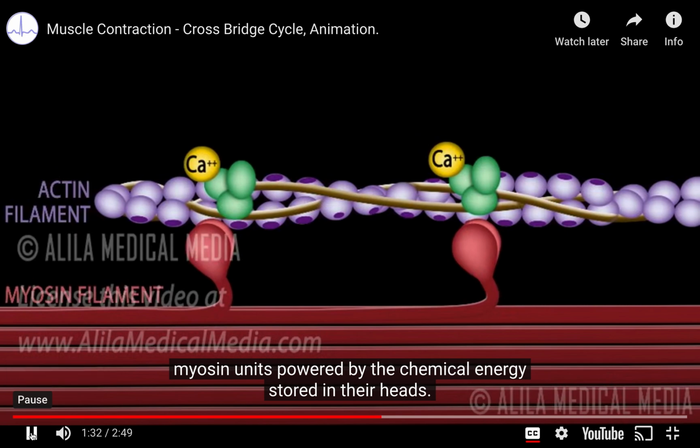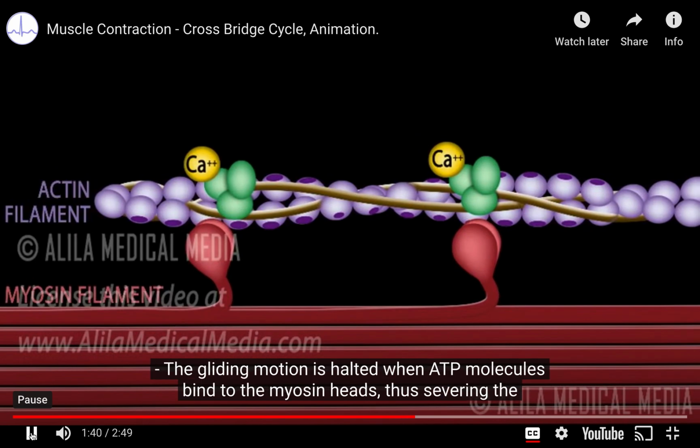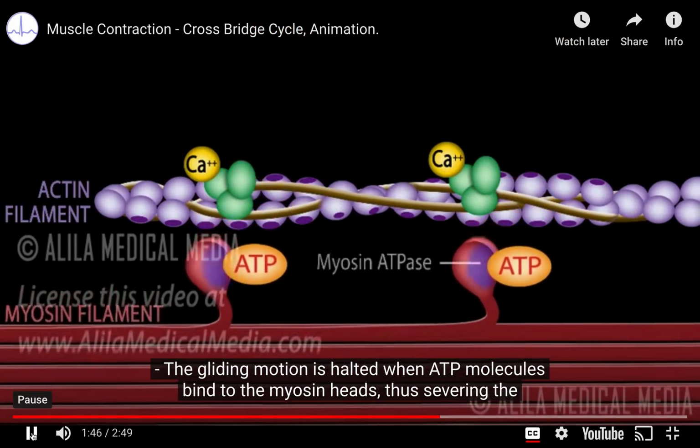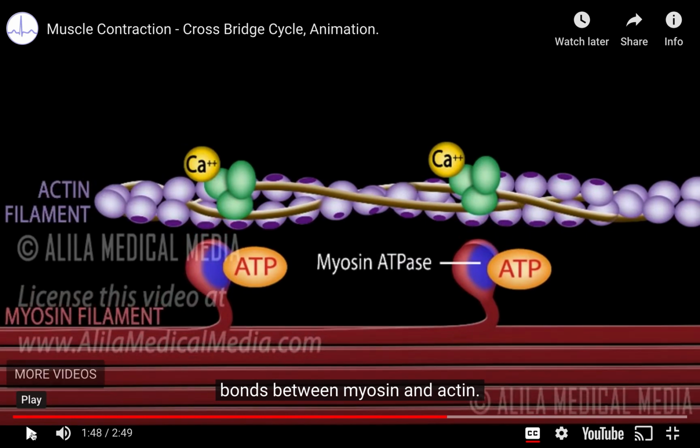Myosin units, powered by the chemical energy stored in their heads. As the units move, they release the ADP molecules bound to their heads. The gliding motion is halted when ATP molecules bind to the myosin heads, thus severing the bonds between myosin and